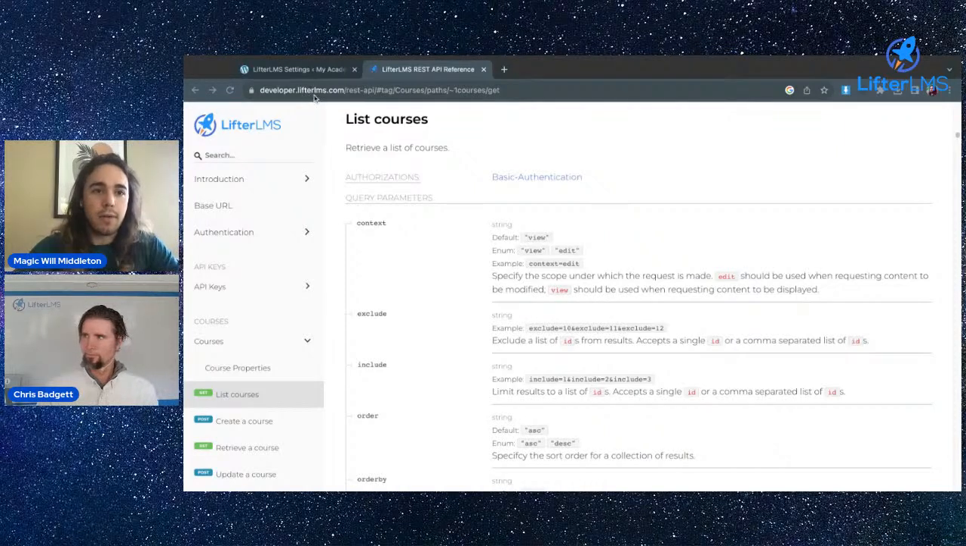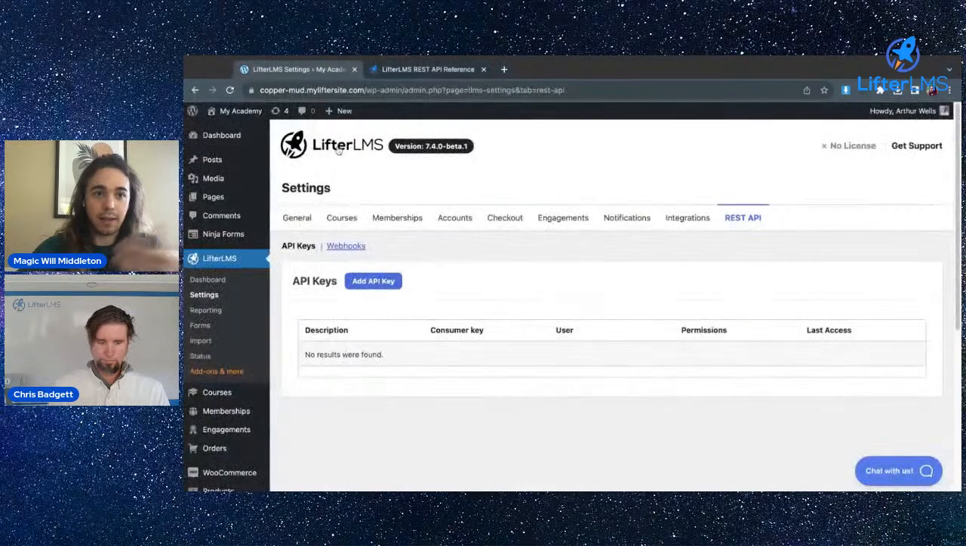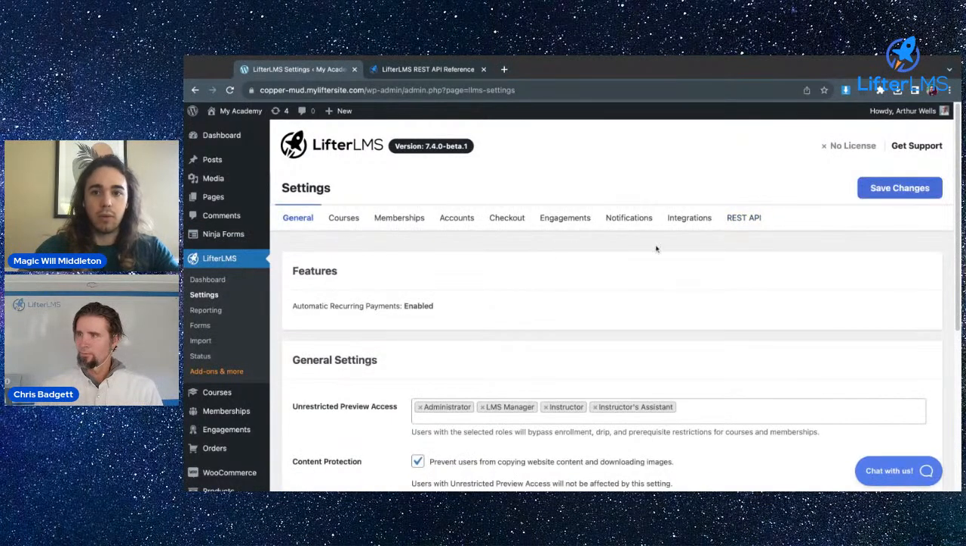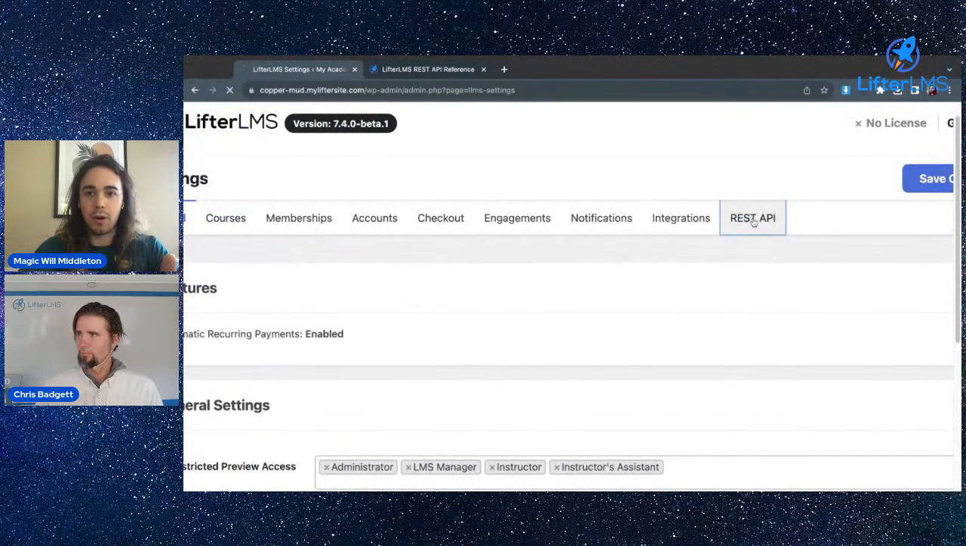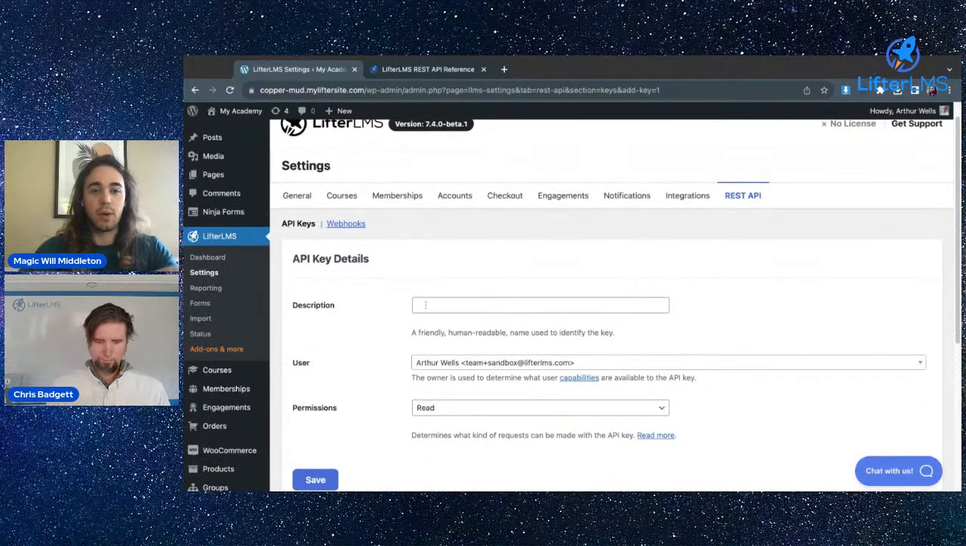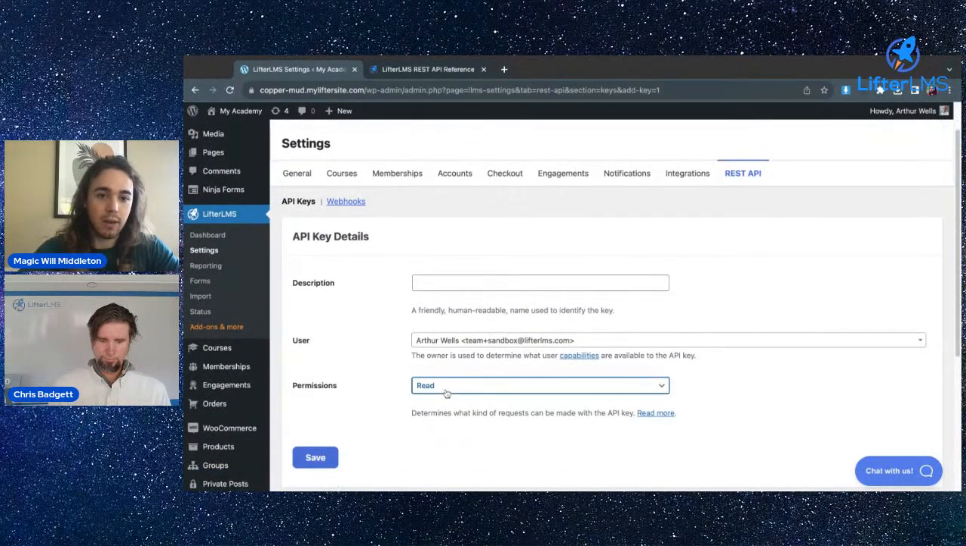So the first thing I want to cover is how you can get access to the LifterLMS REST API within your WordPress website. Under LifterLMS settings, REST API, there's a tab up here called REST API. This is where you can get API keys for your website. So if you're building a custom application, or you're building a custom plugin, or you have a developer on your team who'd like to work with a REST API, this is where they'll be able to get the authentication data